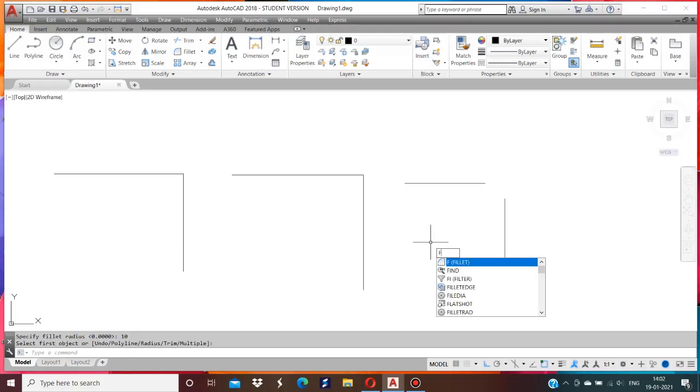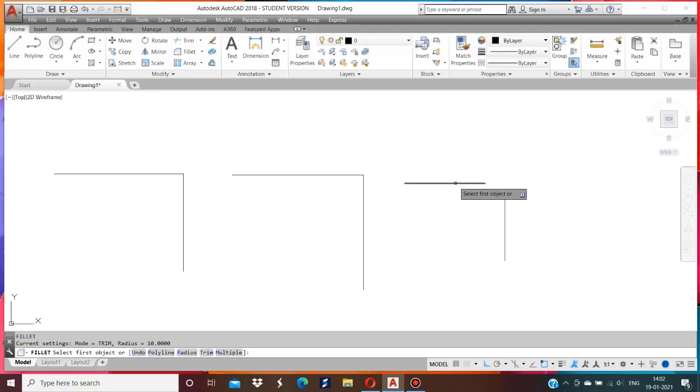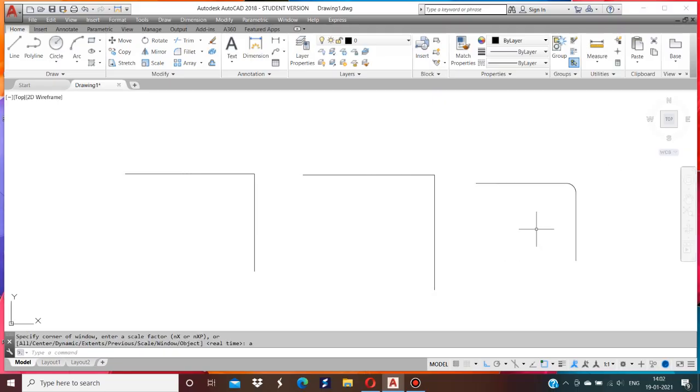Enter. Fillet, select this horizontal line and select this vertical line, and during the joining also you can do the fillet. So this is how you have to use the fillet command. Extend and trim. Erase all.